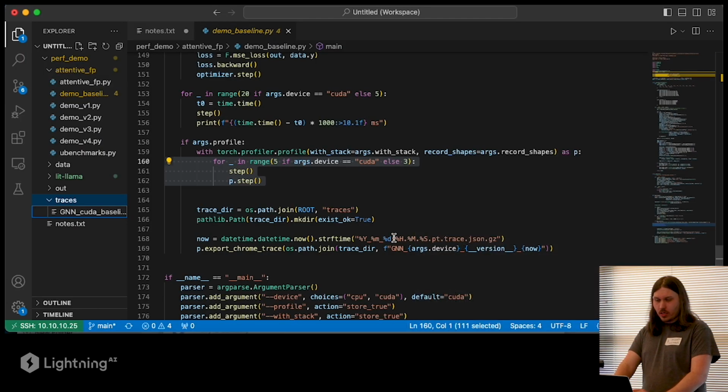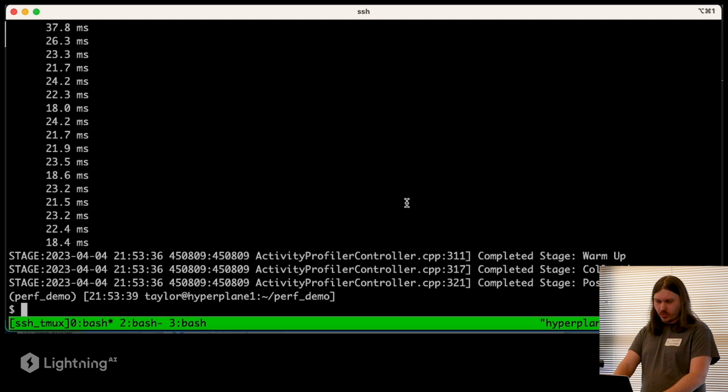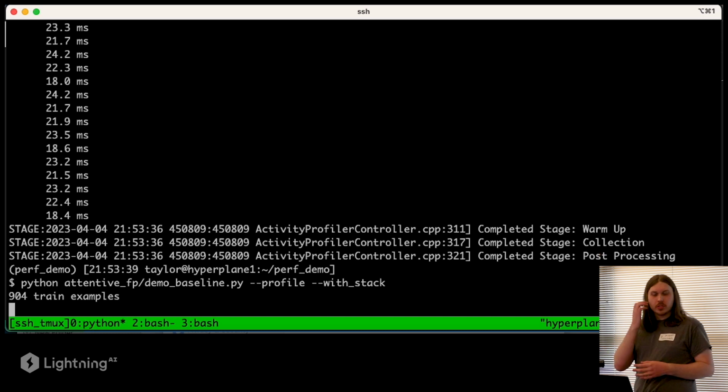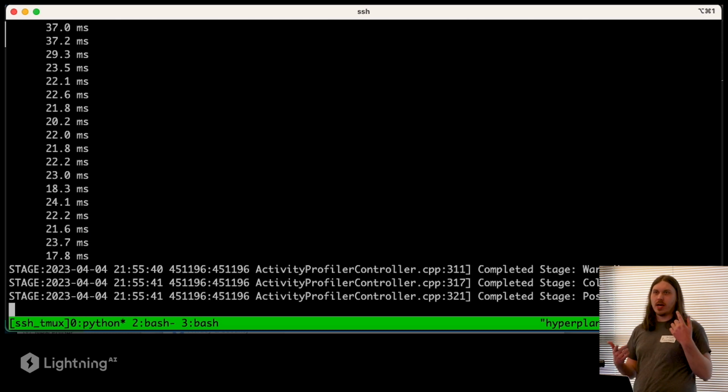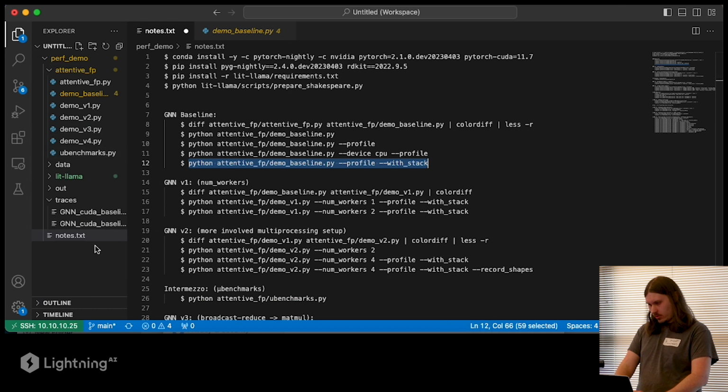Stop for a moment. So in order to do that, we're going to go over here and we're going to pass with stack. And this is, again, just going to forward the with stack argument to the PyTorch profiler. The way that this works under the hood is that it hooks into the CPython profile API. And so as the torch ops are running and registering the kernels that they're dispatching, it's also inspecting the Python stack frames. And then at the end, it accumulates them all together. And so if we look at this new trace,